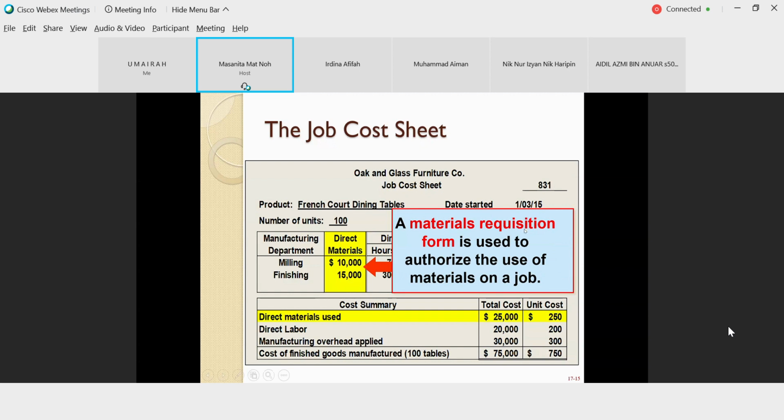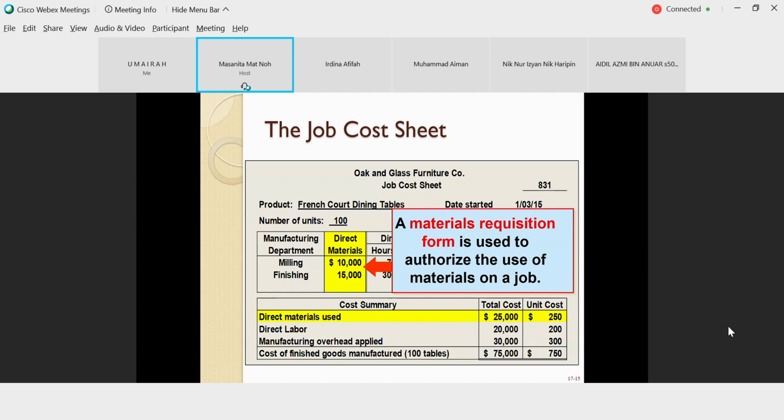You dapat daripada material requisition form. Requisition tu maksudnya request. You nak minta. Dari mana nak datang benda tu? Selalunya bila katalah company dah dapat order to produce this kind of product, nakkan 100 dining tables kan. Maksudnya bahagian production dia orang yang tahu berapa banyak goods needed. Maybe the manager production department, dia yang akan minta, dia tahu berapa banyak goods yang dia perlukan, so dia akan fill in the form of material